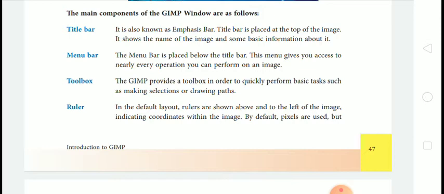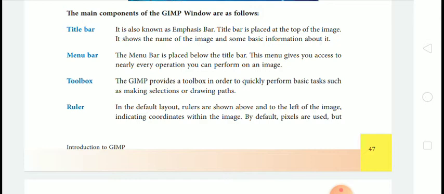This menu gives you access to nearly every operation you can perform on an image. So the menu bar is always placed below the title bar, and it gives you access to nearly every operation you can perform on an image.